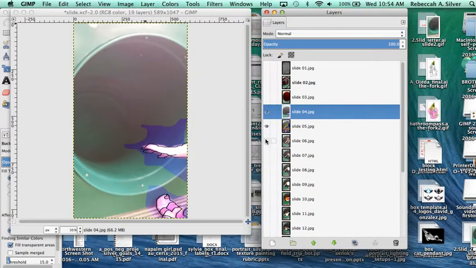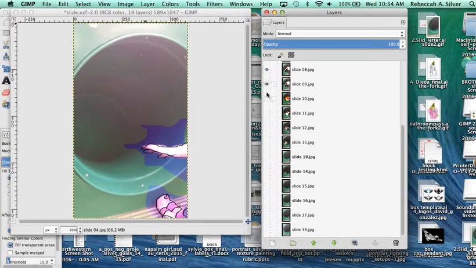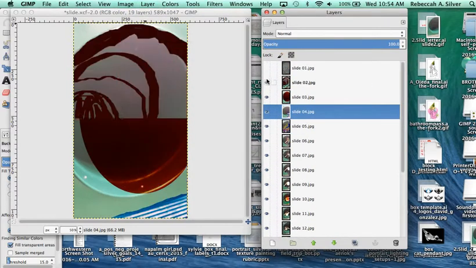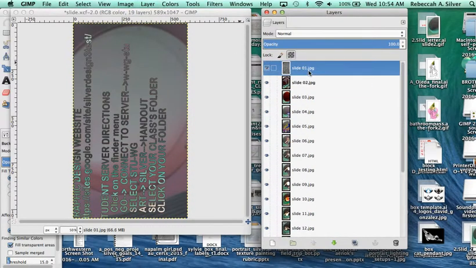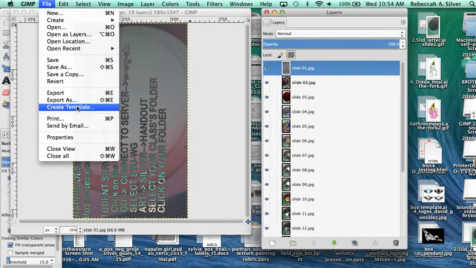And so let's say I'm done, and I've gone ahead and edited all my layers. I can make these all visible. In Photoshop, you can just slide down and do this, mouse down, and it just makes them all visible, but GIMP doesn't let you do that. So, okay, so starting on slide 1, go to File,